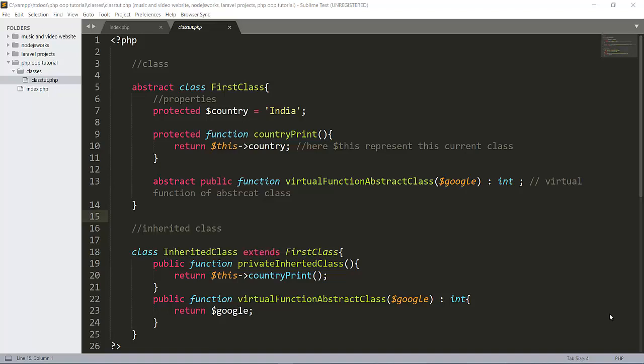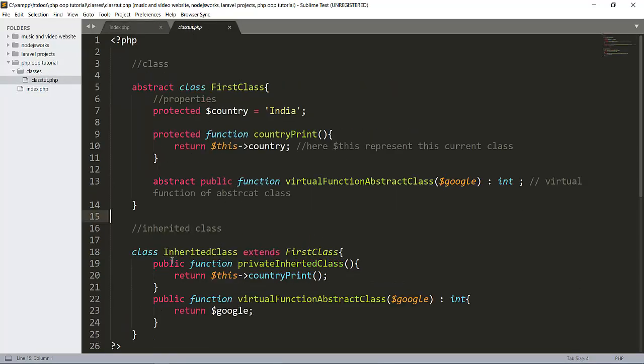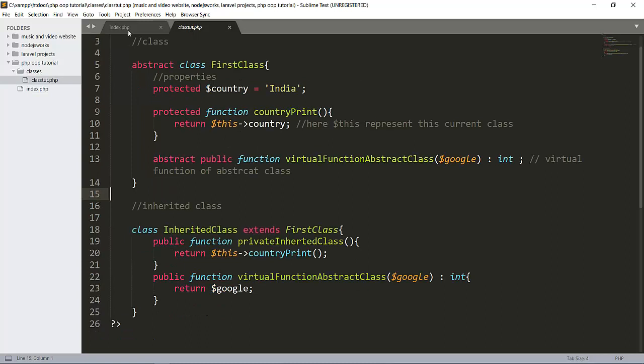In the previous video we saw abstract class and abstract function here, and I also told you how to pass the parameter in a function and its strict classes here.